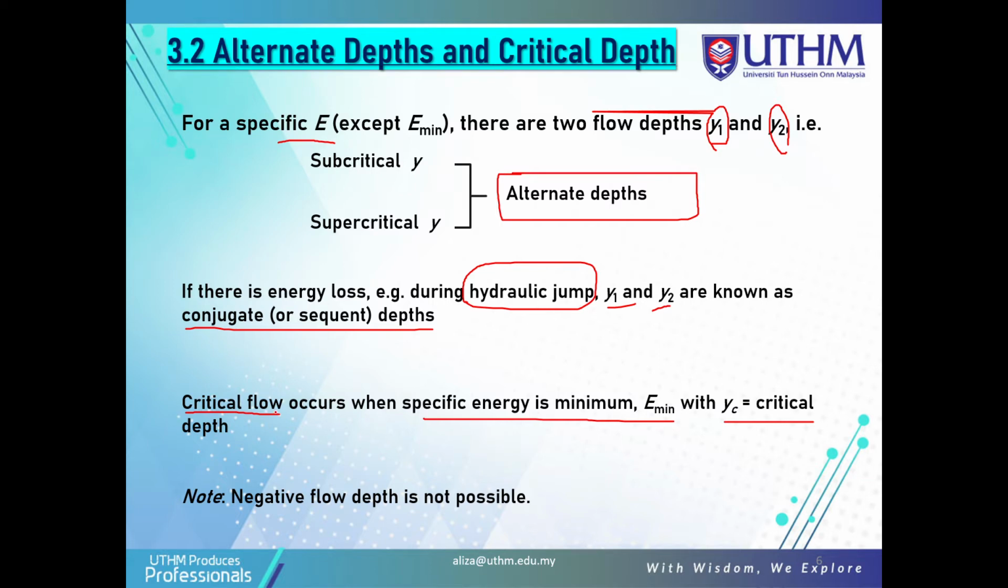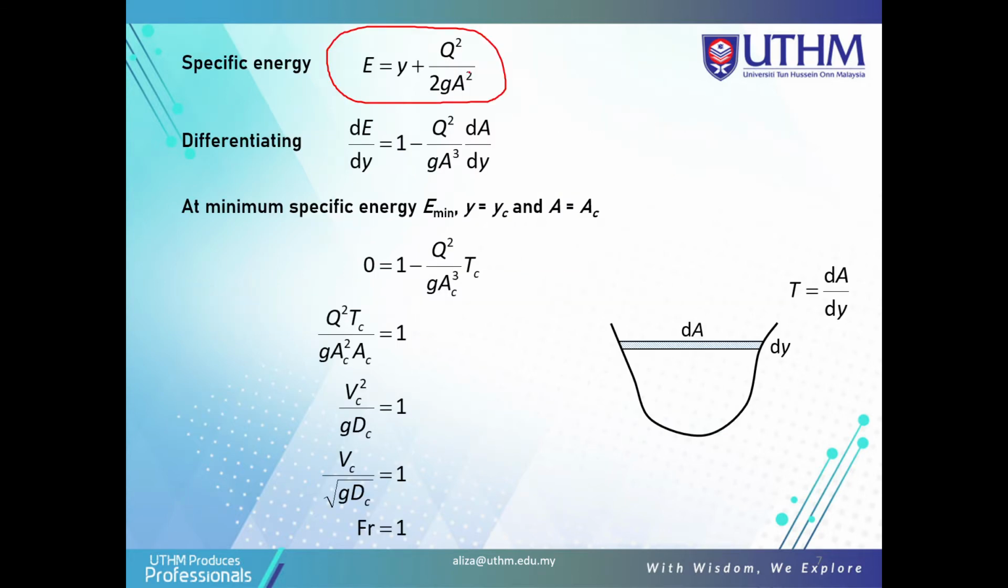Critical flow occurs when the specific energy is minimum, E minimum, and yc is the critical depth. Note that negative flow depth is not possible. With the specific energy, E equal to y plus Q squared over 2gA squared,